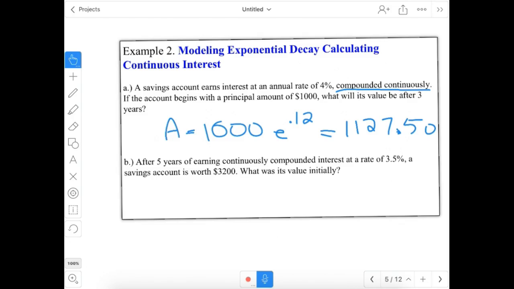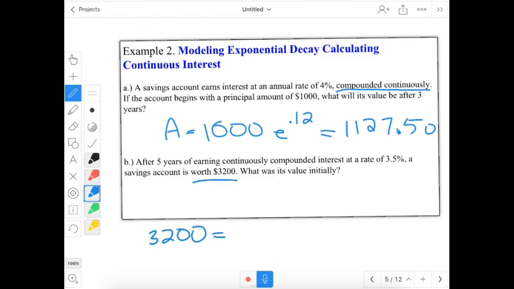Second problem, we have after 5 years of earning continuously compounded interest at a rate of 3.5%, a savings account is worth $3,200. So this is our value. We want to know what our P value would be. So we have